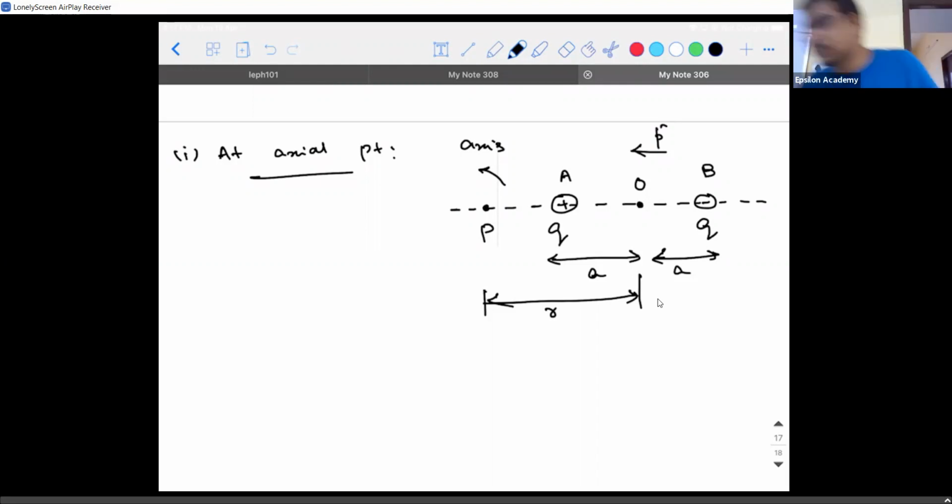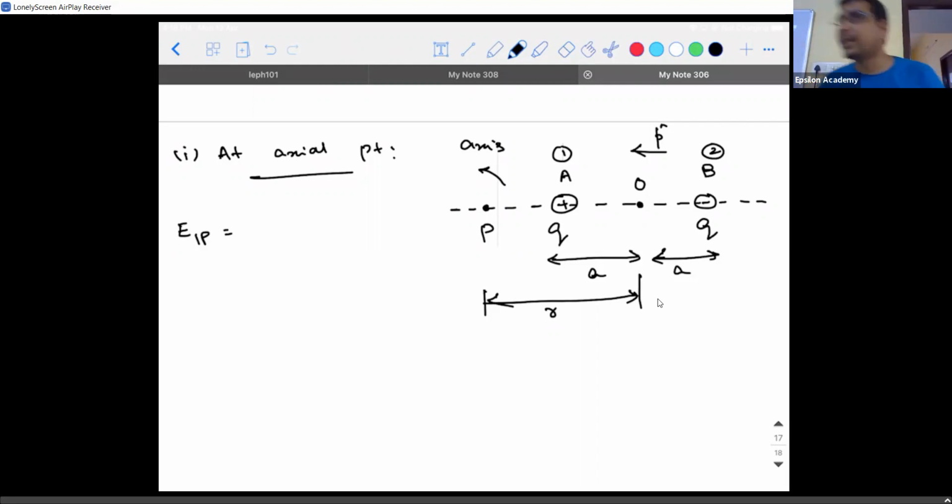First, if I call this 1 and this 2, then if I write E1P, what do I mean? Is it the electric field between point 1 and P? When I write F12, I call it the force between points 1 and 2. Don't make that mistake. There is nothing like an electric field between points. Electric field will exist at a point. So this is not written as the electric field between 1 and P. It is the electric field due to the first charge at point P. Please make a note of it.